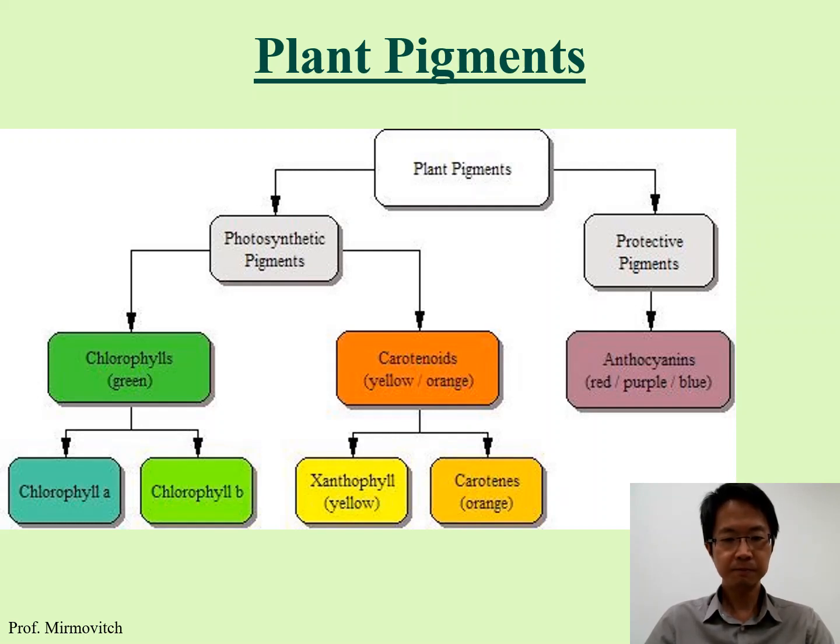Okay, the pigments of the plant have two types. One is for photosynthesis, one is for protection. We will be focusing on the photosynthetic pigments. We talk about chlorophyll, carotenoid,